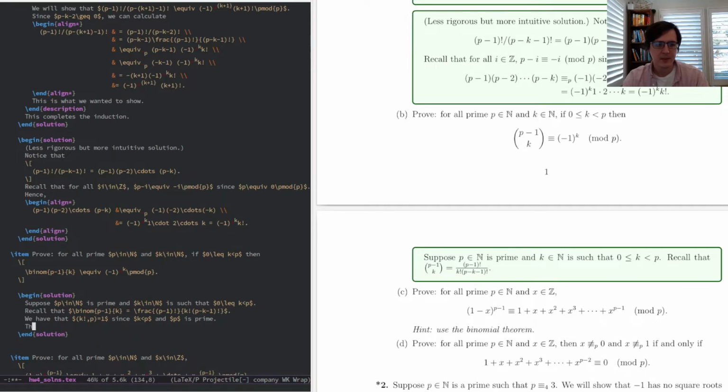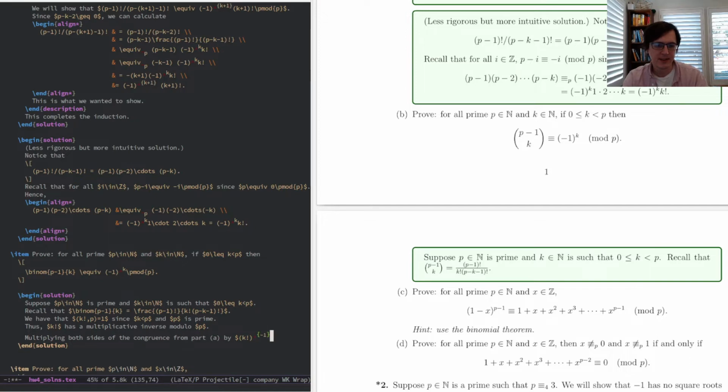Thus, k factorial has a multiplicative inverse modulo p. Multiplying both sides of the congruence from part A by this inverse, which we don't need to calculate, we just need to know that it exists, we get